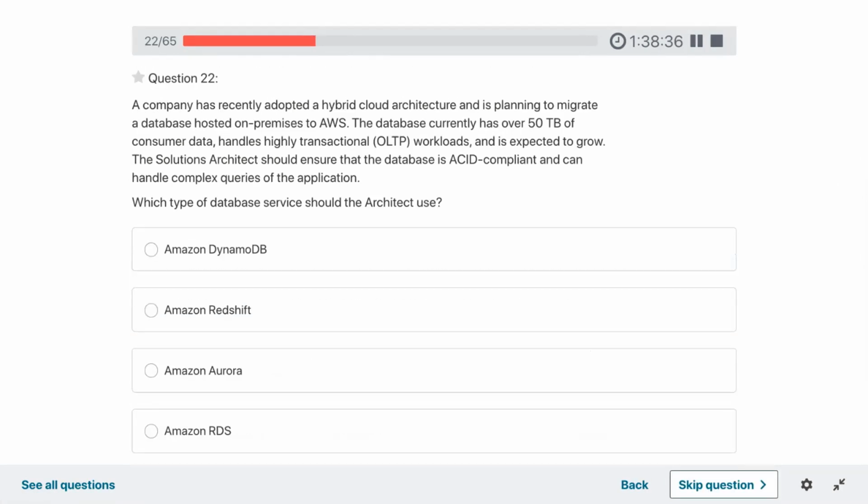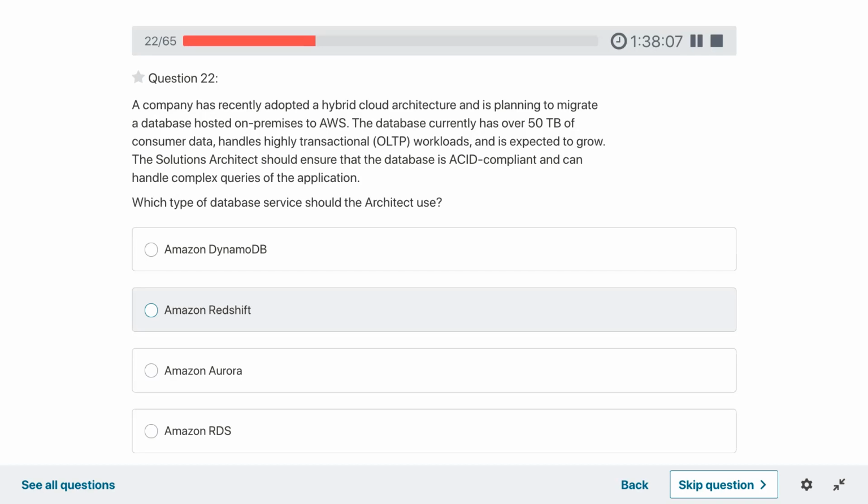A company has recently adopted a hybrid cloud architecture and is planning to migrate a database hosted on premises to AWS. The database currently has over 50 TB of consumer data, handles a highly transactional OLTP workload, and is expected to grow. The solutions architect should ensure that the database is ACID compliant.